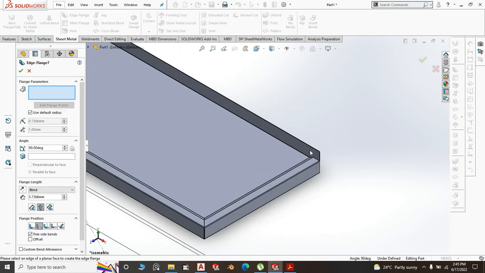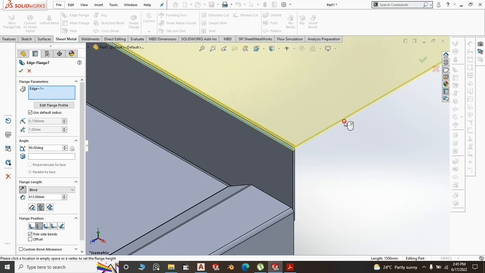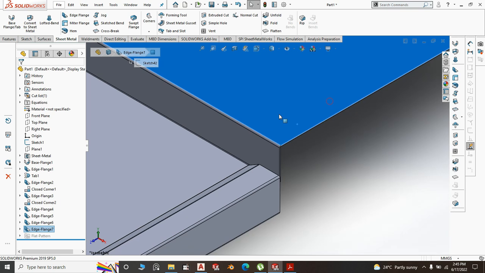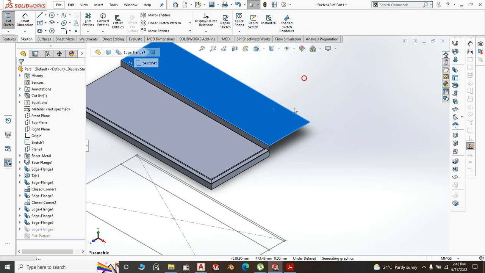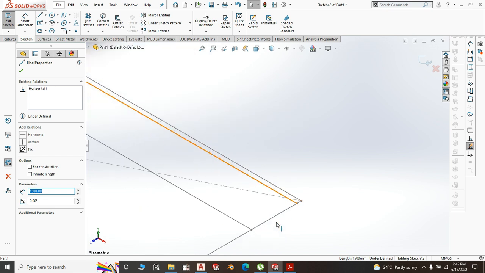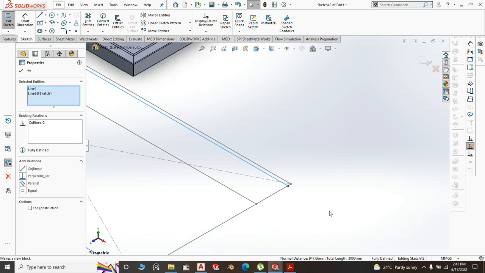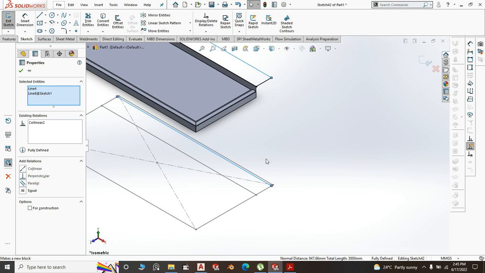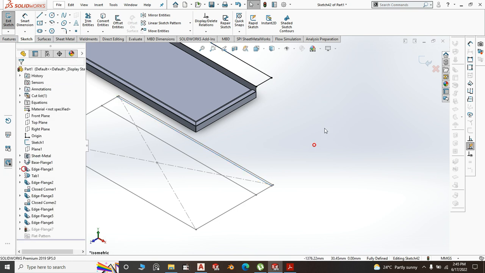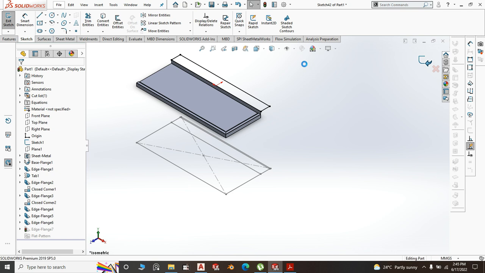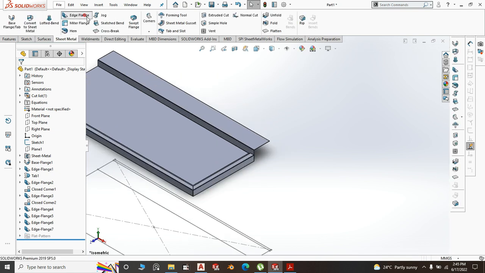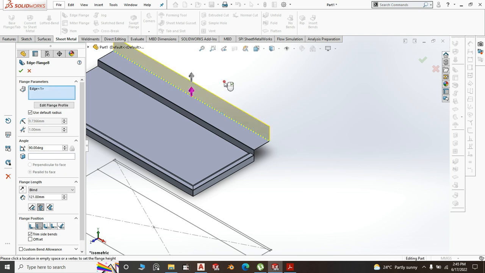Now create an edge flange here at the back. Right click, select this face and edit the sketch. Choose this line and this line, and make them collinear. I hope they are collinear. Exit the sketch, then create an edge flange for the upstand, and this is 50mm also. Exit,